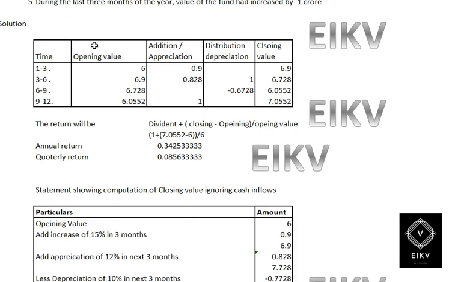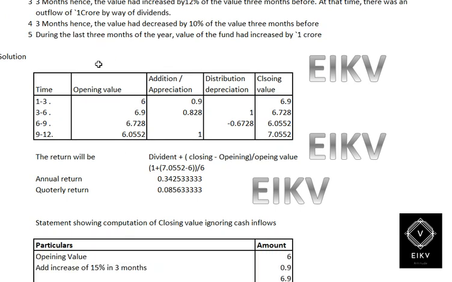time weighted rate of return and annual compounded rupee weighted rate of return. So we need to compute two things. For that, number first one, which is weighted average return. For the computation of weighted average return, we have prepared a table containing 5 columns: time, opening value, and then appreciation/depreciation, dividend distribution, and